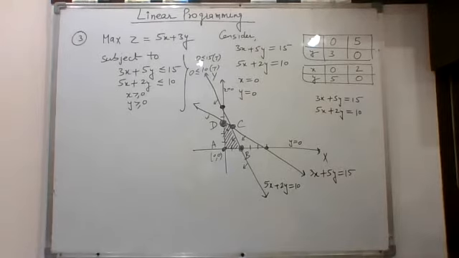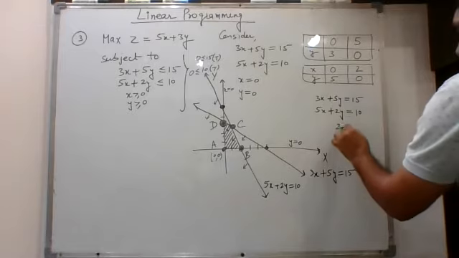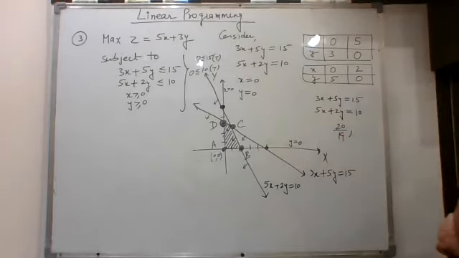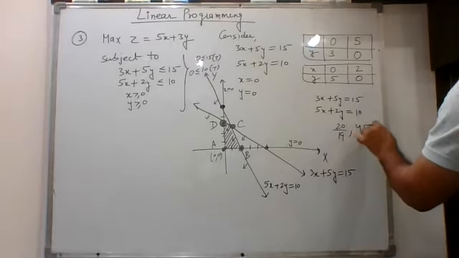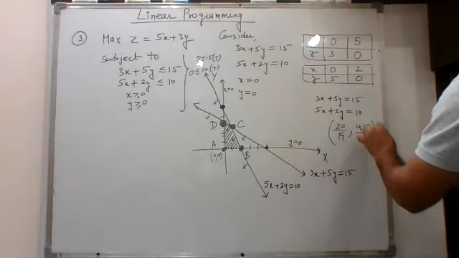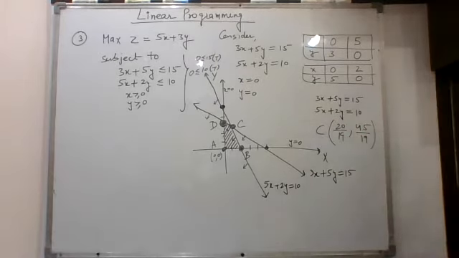When you solve these two systems of equations simultaneously, you can see that your points of intersection are 20/19 and 45/90. So these are the coordinates of the point. After calculations, we'll get this. Now, after getting the coordinates of all the corner points, we will draw a table.